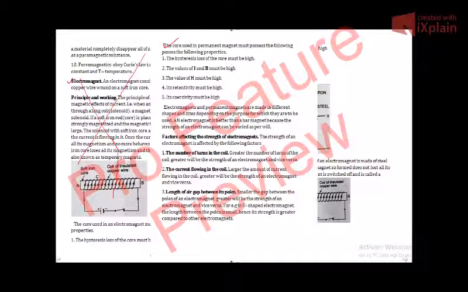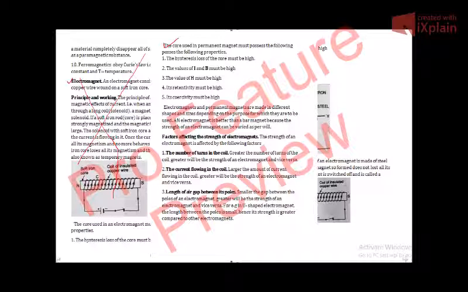So, if we make a solenoid, someone will make a solenoid of 100 turns, and someone may use a solenoid of 200 turns. So, the number of turns in the coil in the solenoid will affect the strength of the electromagnet. Greater the number of turns of the coil, greater will be the strength of an electromagnet.